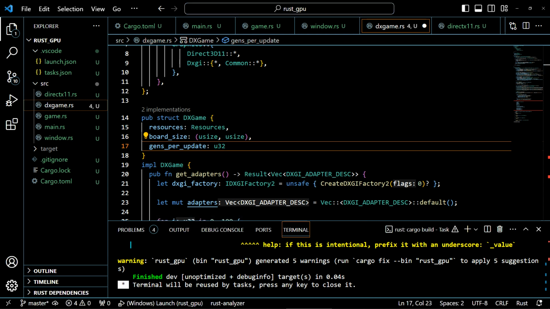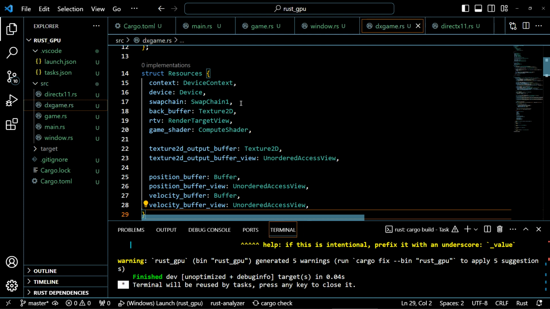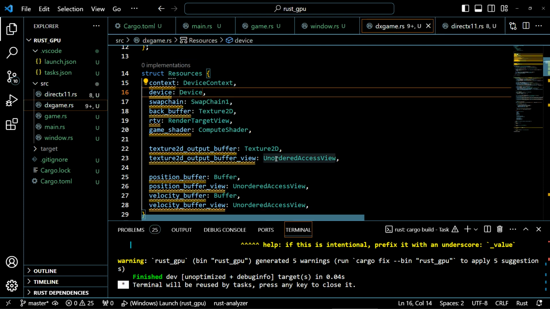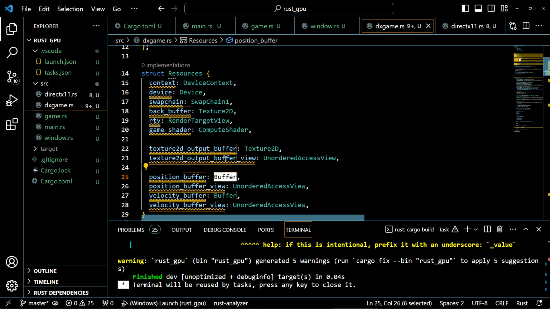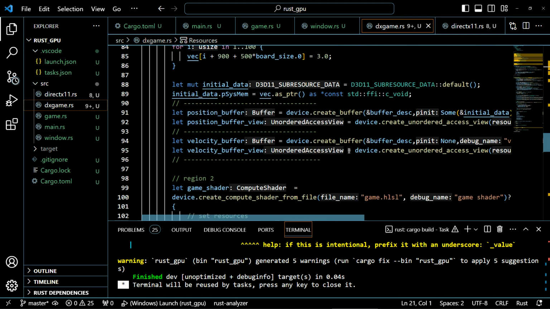Resources structure is a simple storage for all DirectX objects, actually DirectX resources. You can see it has device, texture, unordered views, and buffers. Okay,